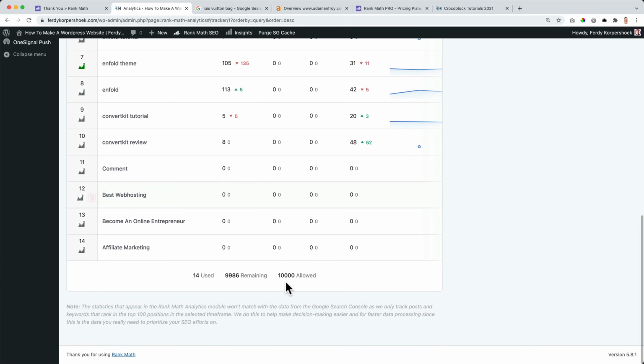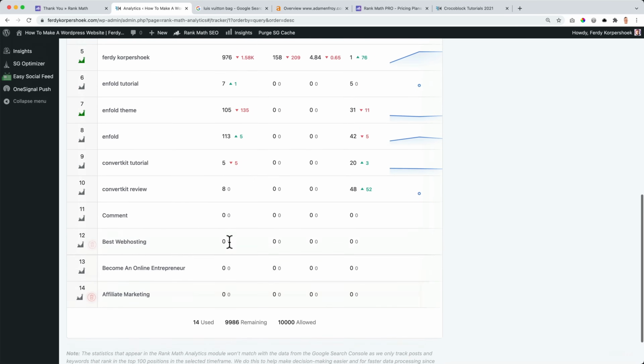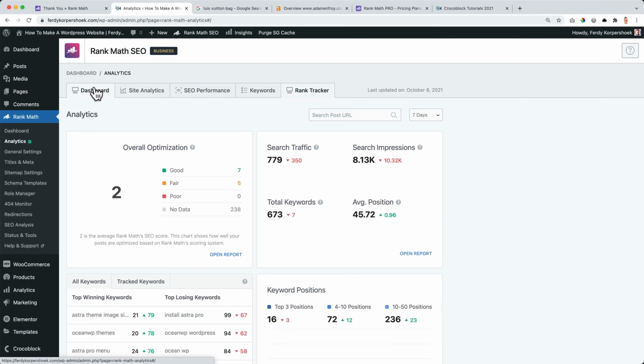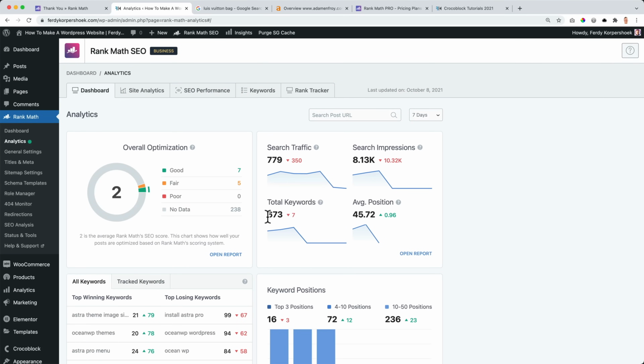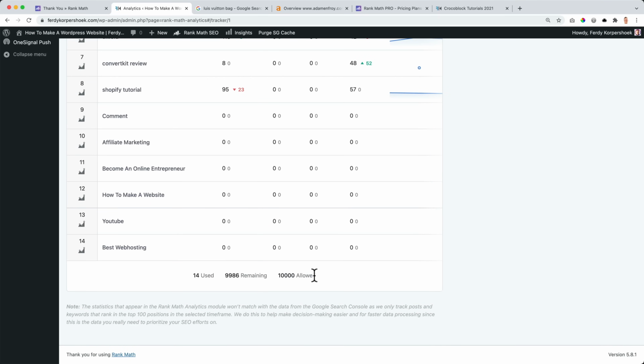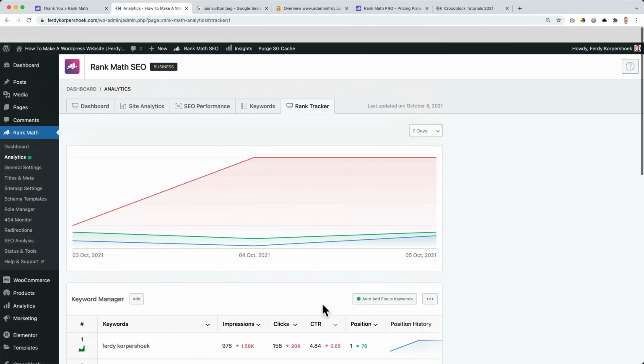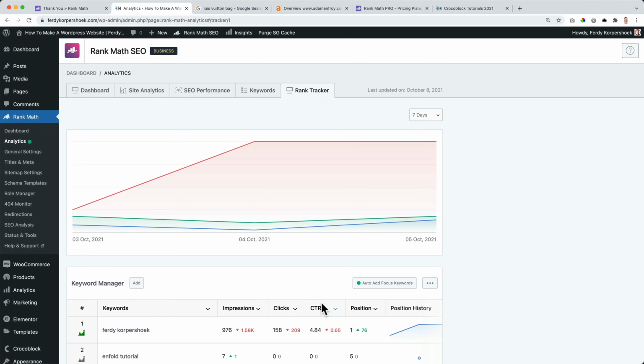Well, of course, over here you see those 10,000 keywords I can track. Well, I have 14, used 14 over here, but I want to track as much as possible. So if I want to track everything, those keywords I see over here, more than 500, I want to track them all automatically, then I need to have the business account. So that's why I use the business account. Also, when I will use other websites where I will be found on multiple keywords, that's why I went for the business account, but you can do something else if you have less keywords.